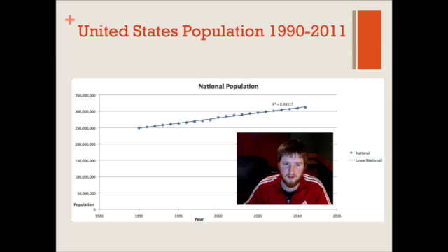You can see on the graph down here, the population starts on the y-axis, and it's measured in millions of people, and the year is on the x-axis, and the plot points start at 1990 and they end at 2011. You can see that in 1990 there's about 250 million people, and in 2011 at the end there's about